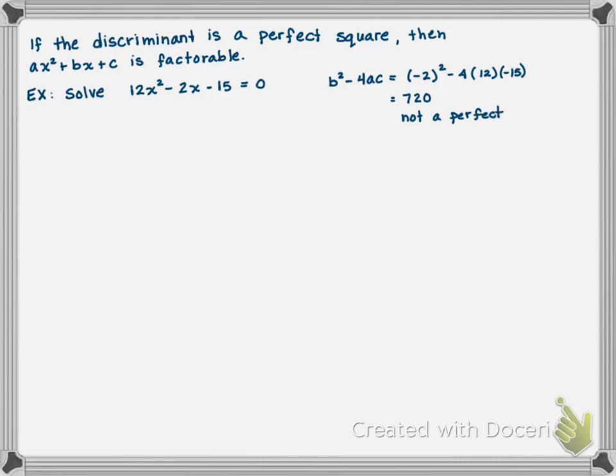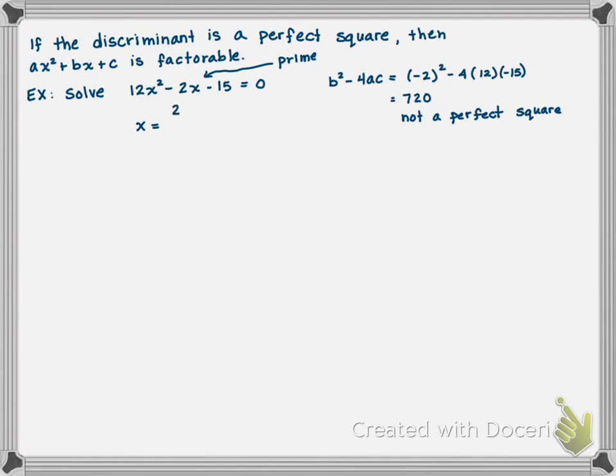And what that means is that I'm not even going to bother trying to solve this by factoring, because this polynomial is prime. So it also gives me what's under the radical in the quadratic formula. So not only have I decided I'm going to use the quadratic formula, but it's like halfway done for me already. So x equals